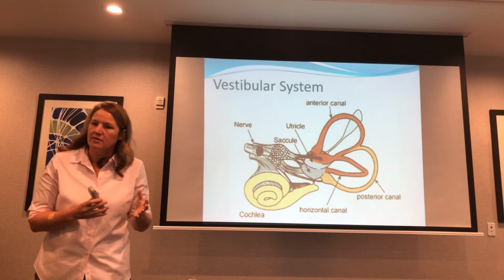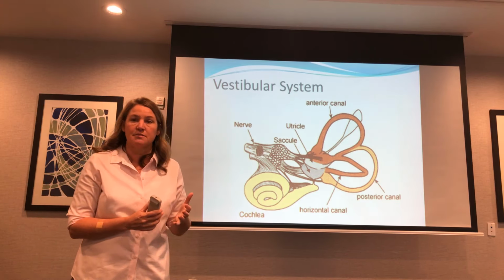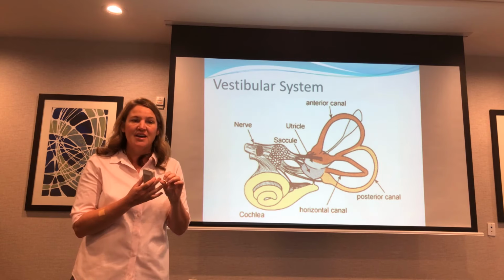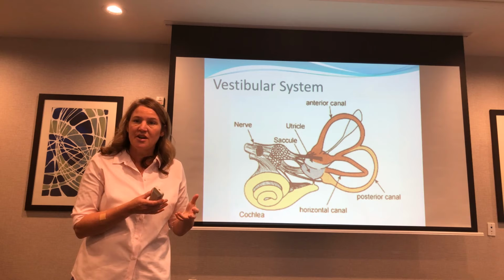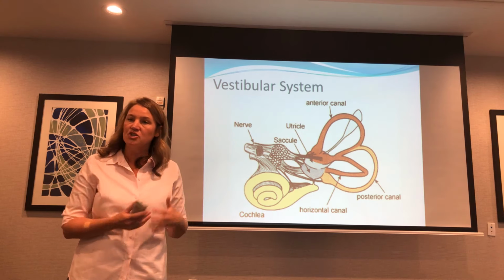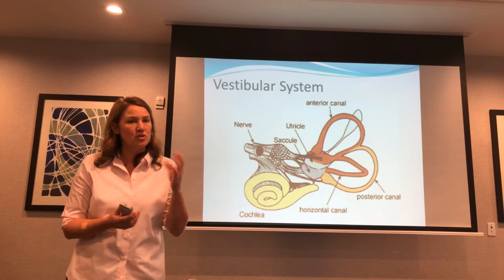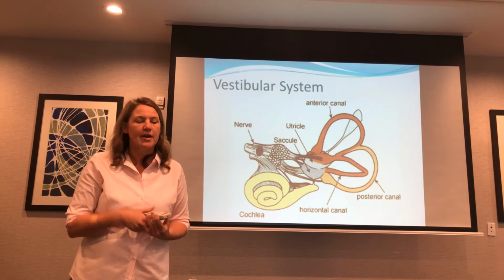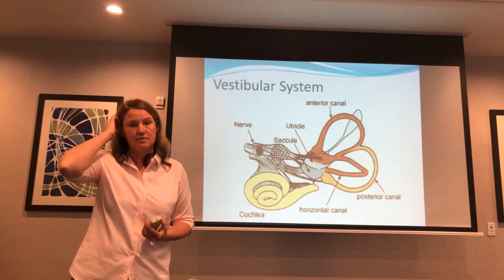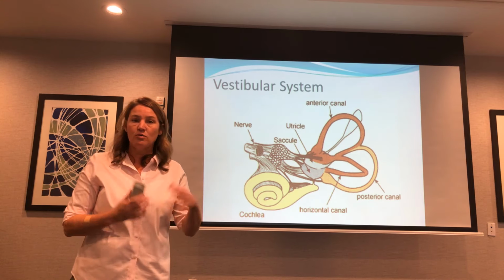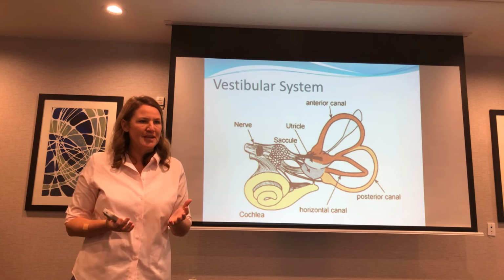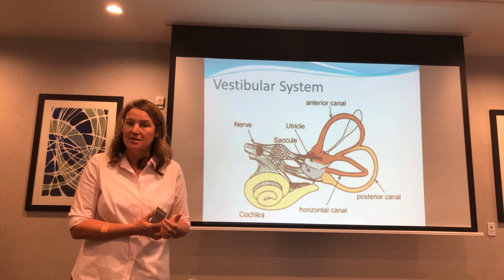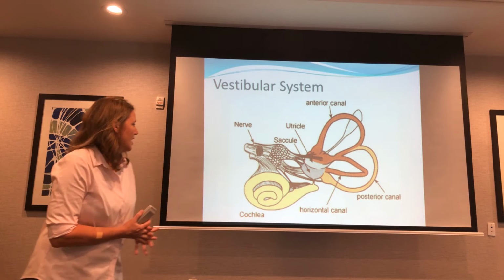but we know a lot more about many of these systems than we used to, because all of these small things that you have in your body, they're not easy to study. But now, as technology gets better and better, they're better able to look at these different microscopic things and assess and figure them out. I have tremendous respect for some of the early researchers who, without great objective information about these different systems, were able to figure out how to diagnose and treat people. That is just amazing and wonderful.